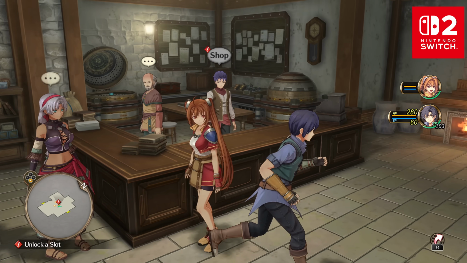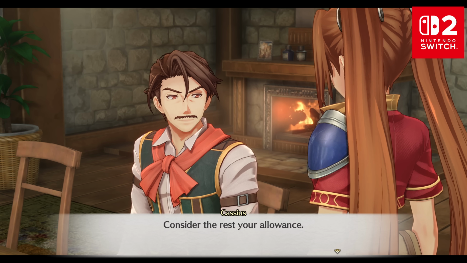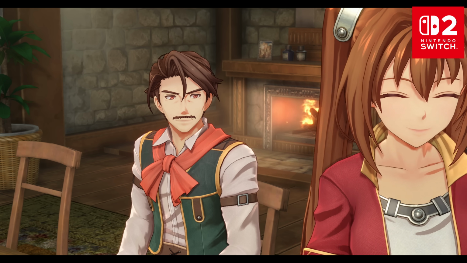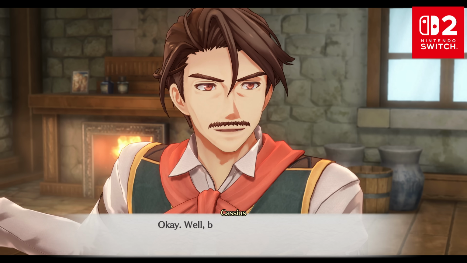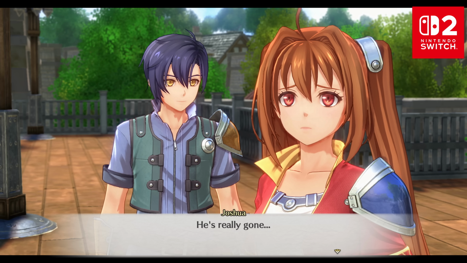Gameplay-wise, it's classic. You'll be exploring towns, there's fields, dungeons, and you start out by becoming one of the Bracers' newest recruits, who are the game's main protagonist, Estelle Bright, and Joshua, her adopted brother. Having started the series after this game, it's really nice to finally get this original story,